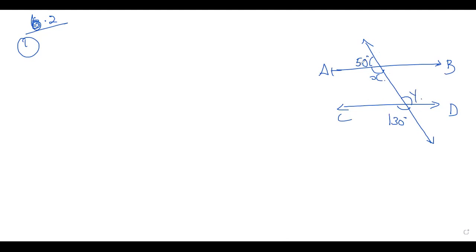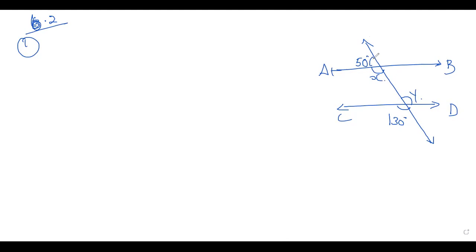See, this is 50, parallel lines. AB and CD are two parallel lines, right? And you know that 8 angles are forming here. See, if it is 50 degree, opposite angle will be 50 degree. If you take this portion, a line is standing on the straight line. These two are called linear pair of angles, right? Linear pair of angles. It will be 180 degree. So 180 minus 50 is 130.